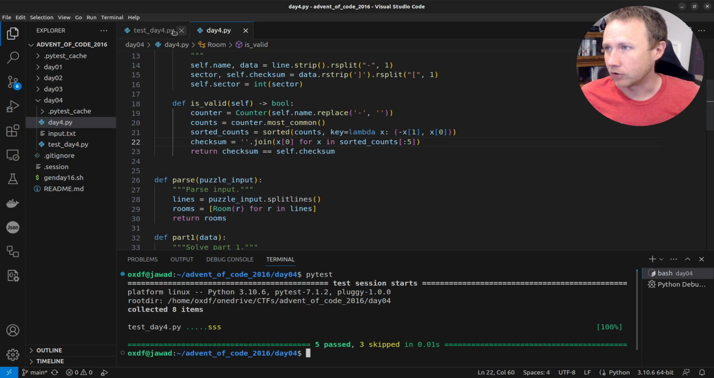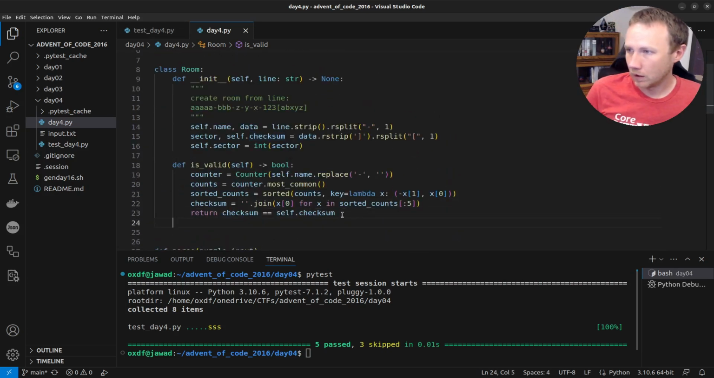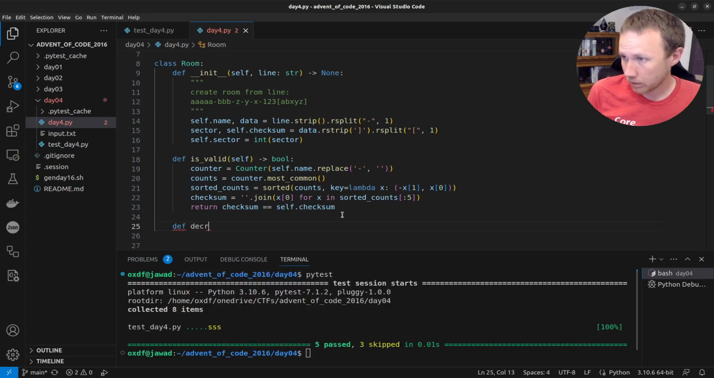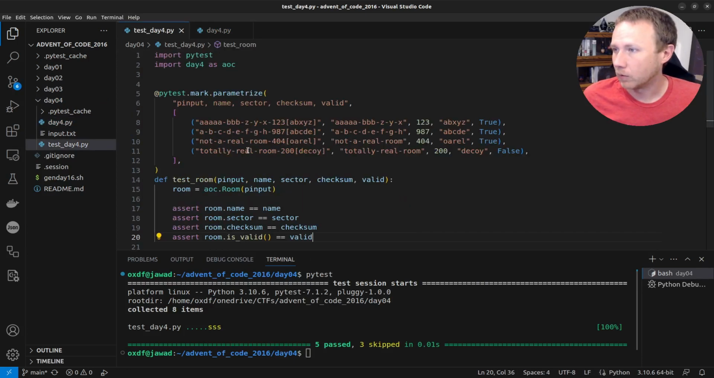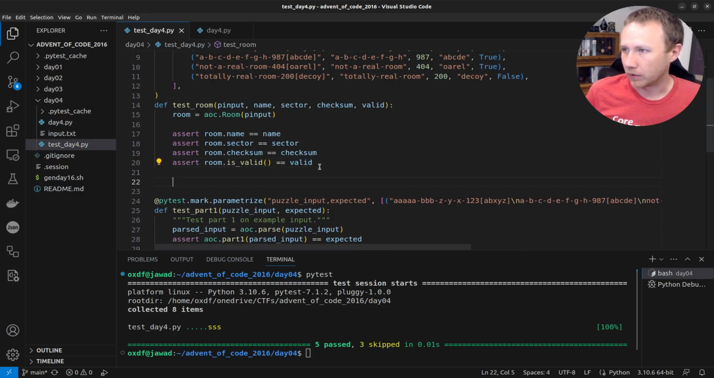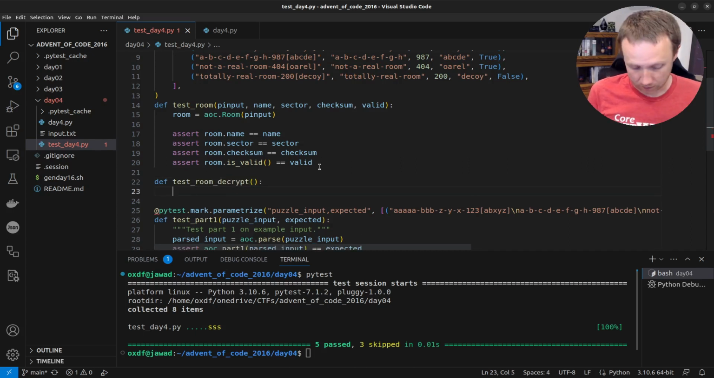I'm going to create a function. We'll start with the function as part of room here. So we can say def decrypted name self, and it's going to return a string, and we're just going to pass for now because we want to create tests, right? So we'll come up here and create a new test because we're going to have different inputs here. Def test room decrypt, and we will say